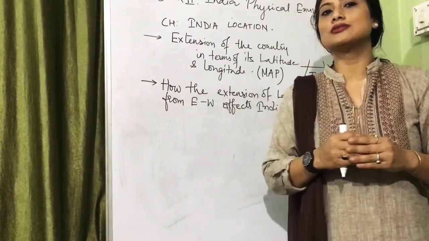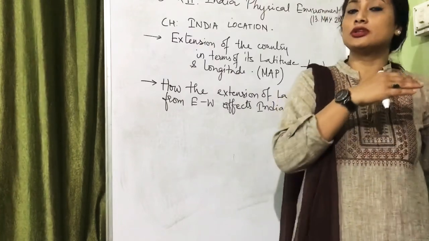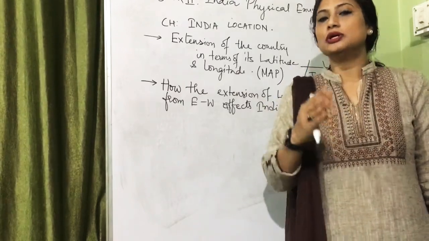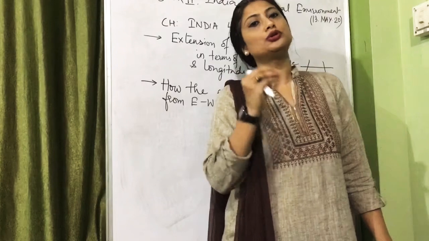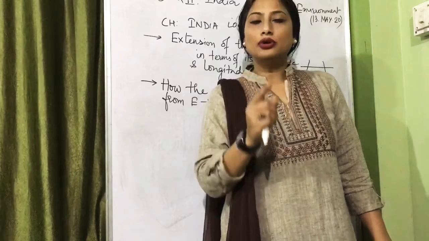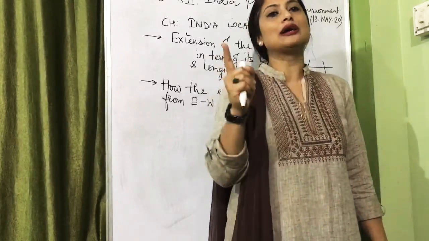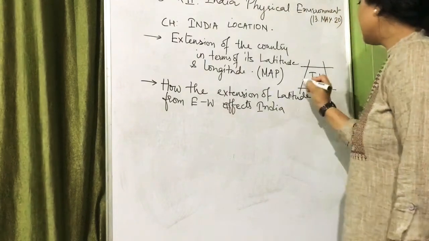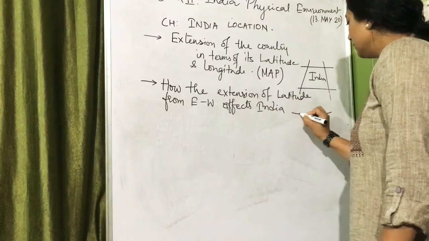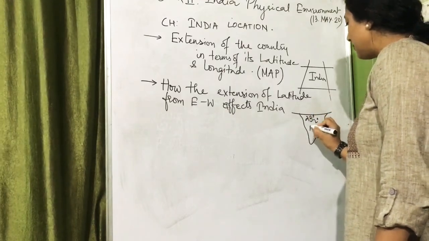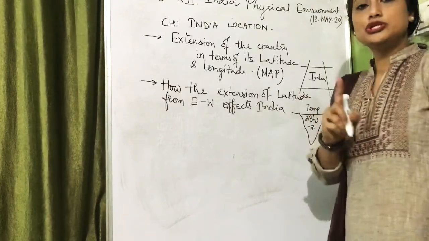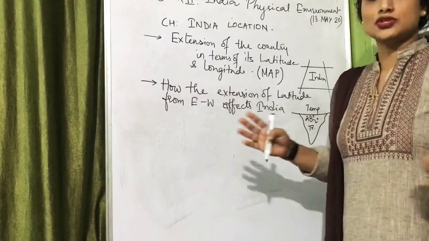The northern part has the subtropical climate, which is in the temperate zone, and the southern part is in the tropical zone, because we know torrid zone lies between 23.5 degree north to 23.5 degree south, that is Tropic of Cancer to Tropic of Capricorn. And from Tropic of Cancer to Arctic Circle we have temperate zone, and we have seen that the 23.5 degree north divides the country into two equal halves, having tropical climate as well as temperate climate. So this you need to explain, what happens because of this extension.